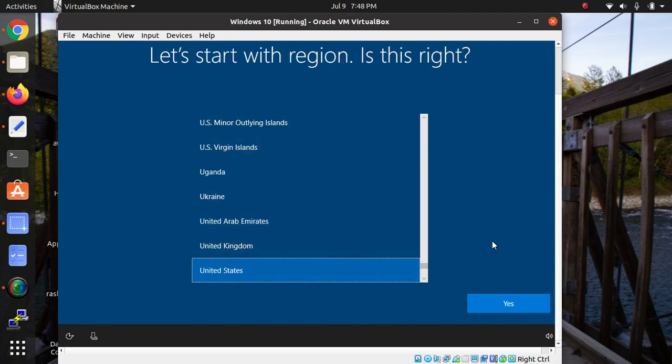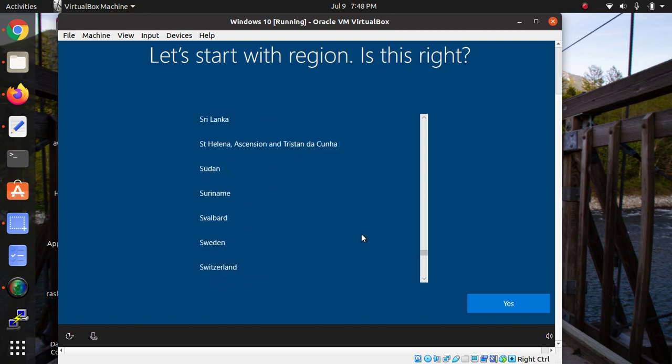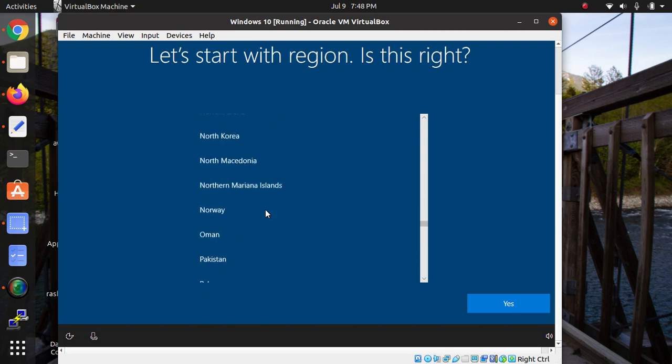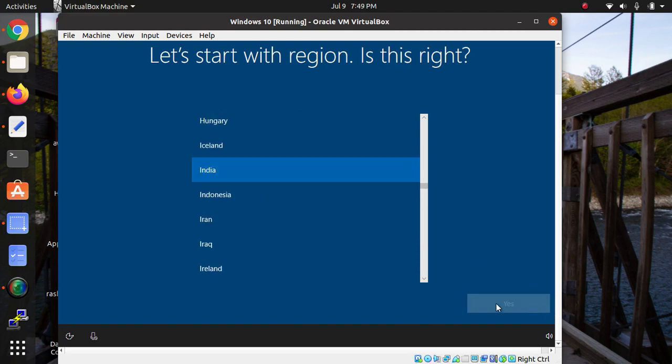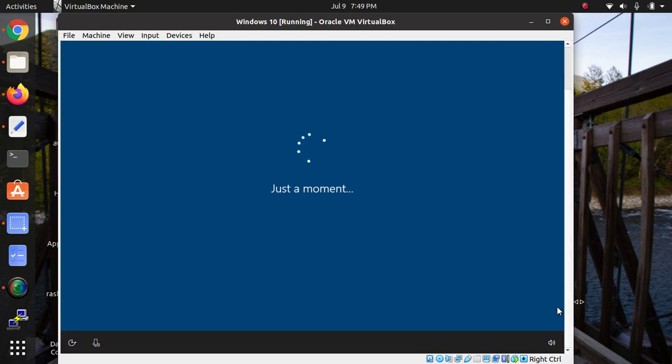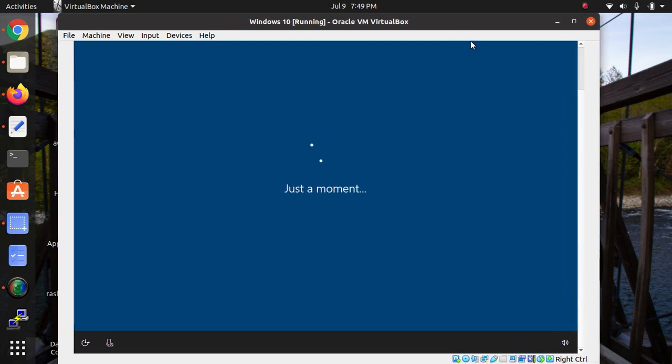For the region you belong to, I'm going to select India. Click and press I. It's not selected manually, you need to scroll up. Here is India. Okay, next. Yes, okay, just a moment.